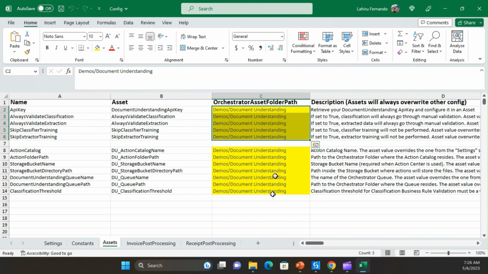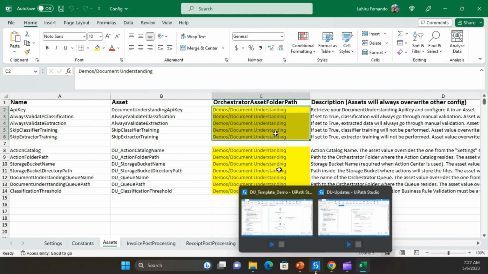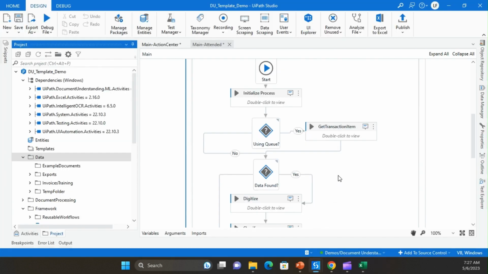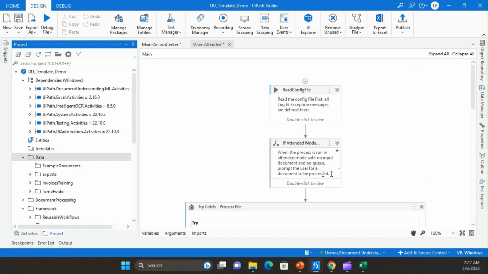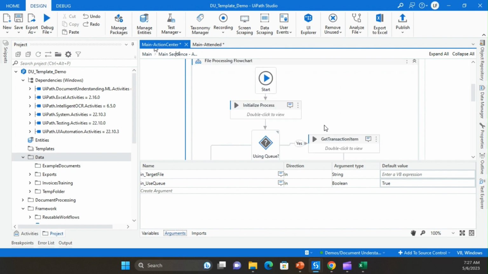And that's it. So once you have done this configuration, your solution is ready to run. So if you go to our workflow over here, whether it's attended or whether it's unattended, we need to find a source to run the document. So as I mentioned to you the other day in our structure,